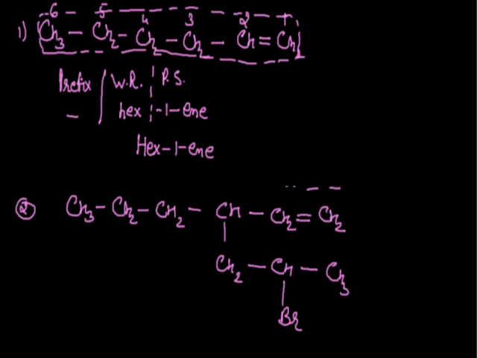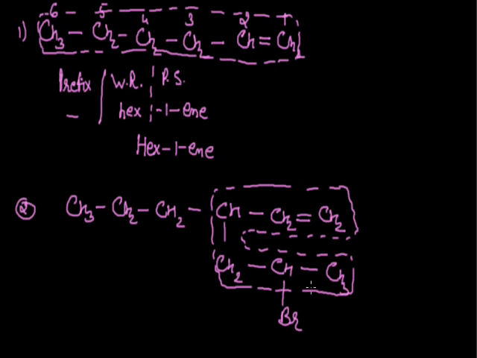In this condition, this will be the parent chain since it contains the maximum number of double bonds, maximum number of carbon atoms, and maximum number of branches. Now we have two options here. If we start numbering from the right-hand direction from the top first, this will be the position of these groups. The fifth position is for the bromine atom and terminal sixth position.